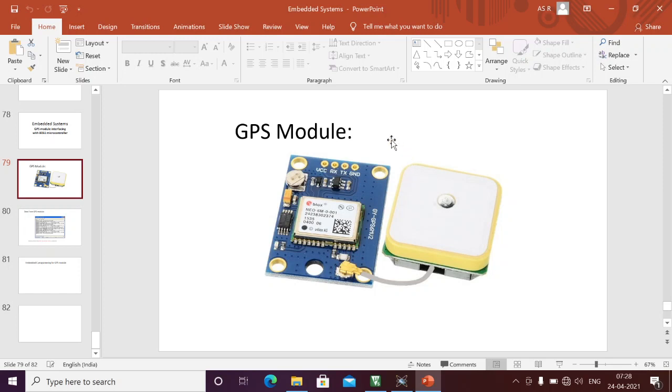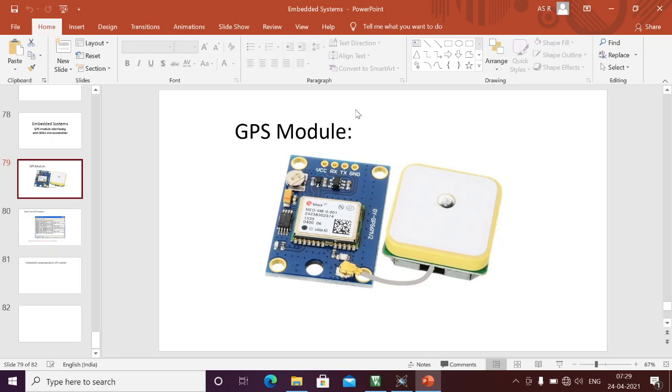For example, this GPS module we are directly interfacing with the microcontroller, so we can just connect this TX pin to the RX pin. If I want to use long distance and standard communication, we should convert TTL to RS232, and again RS232 to TTL, using the MAX232 IC. Both ways we can communicate between this GPS module and the microcontroller. We always use the UART protocol for communication between these two modules, and we should give 5 volts to this one. For example, first we should connect this GPS module to our personal computer and read the data that this GPS is sending.